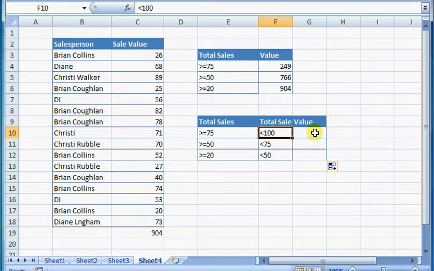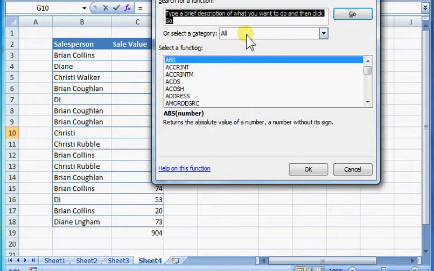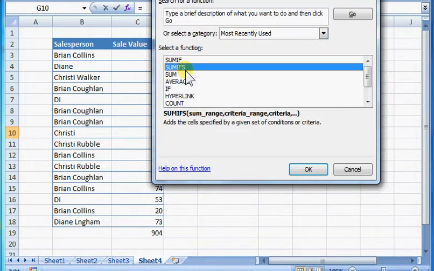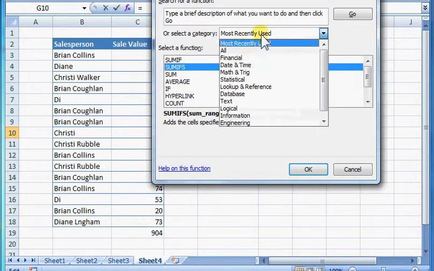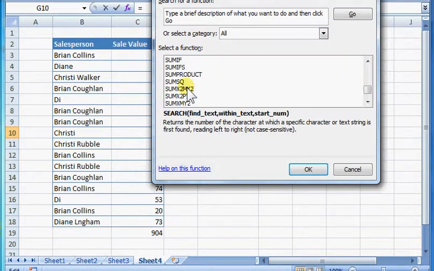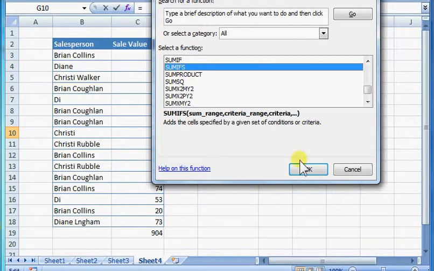As with any other function, I click where I want the answer to begin. Clicking on the FX button to the left of the formula bar, or Shift and function 3 on the keyboard if you want a keyboard shortcut for that. And finding either in my most recently used category the SUMIFS formula if you've recently used it, otherwise go to the All category, hit the letter S on the keyboard once you're in there, and the SUMIFS function, clicking on